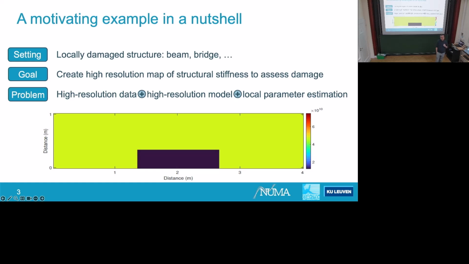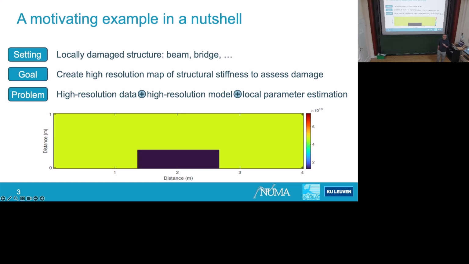Or they have a movie of the bridge vibrating. And so they have full field data, not really full field. They have high resolution pixelated data. But in the limit we will consider this as full field. Why? Because if we do multilevel Monte Carlo or multilevel interacting particles, we want to change the resolution of the grid with which we simulate the finite element simulation. And it makes sense to then also change the resolution at which we look at the data, as you will see later on. To do that, we will consider the data to be discretizations of available full field data.